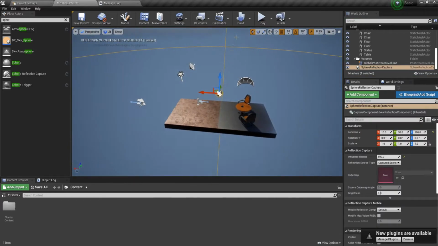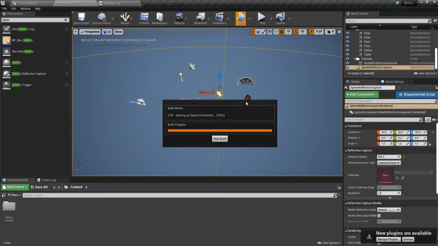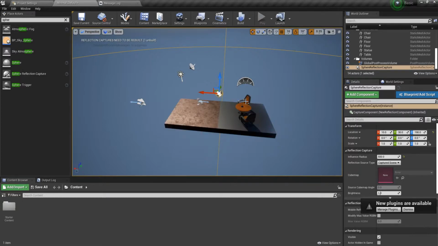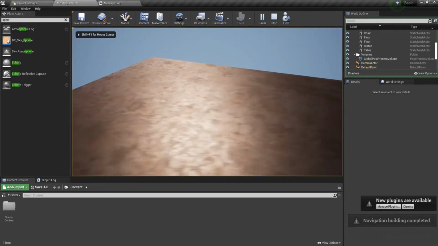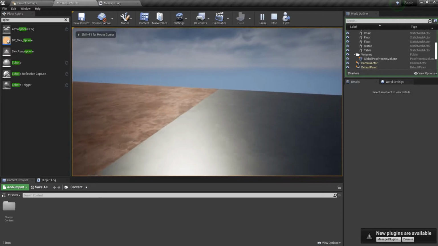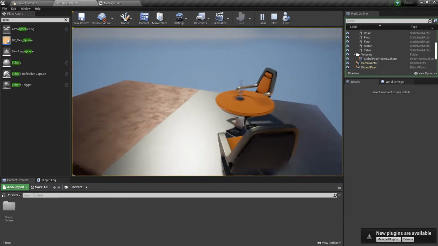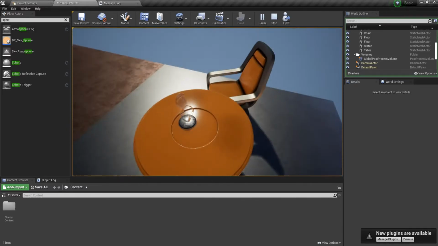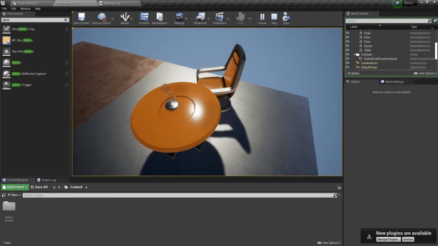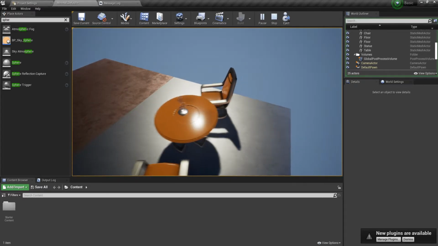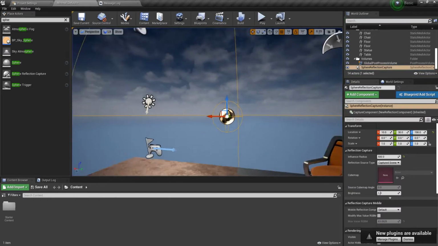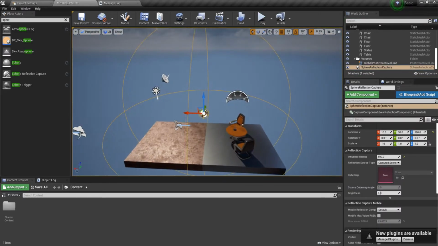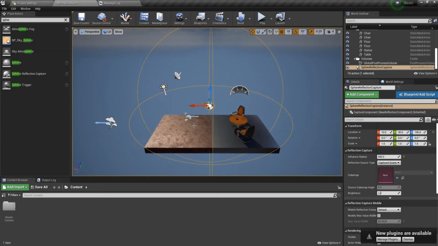Again, once you have done this, you need to rebuild the light again for you to view what the reflection capture actually does. See, now it is much more clearer and way good. Even on this table right now, as you can see, the sun reflection is way brighter and smoother. And the next thing that we will be learning for today is